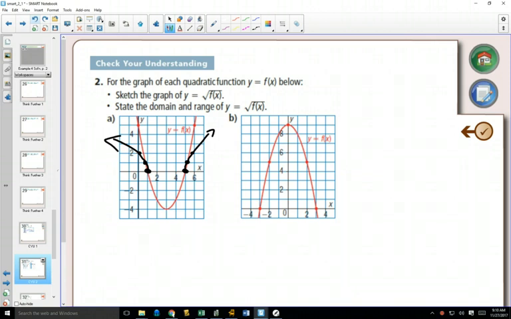For part B, we're going to look at our y values. Are there any y values where it's equal to 0? Yes. Here and here. Any y values equal to 1? Yes. There and there. Any square roots that we can do easily? Well, the highest point is at 9. What's the square root of 9? 3. So connecting these slightly above